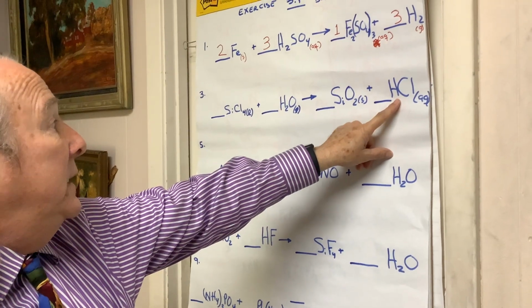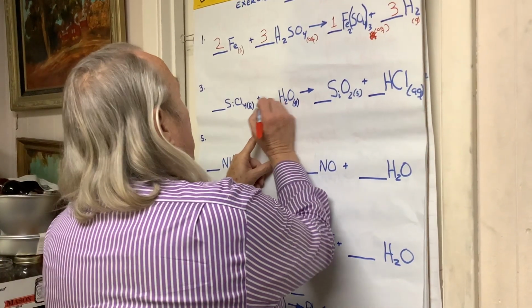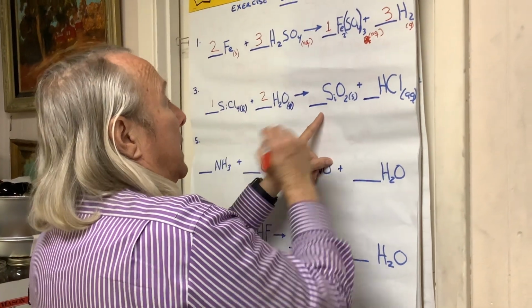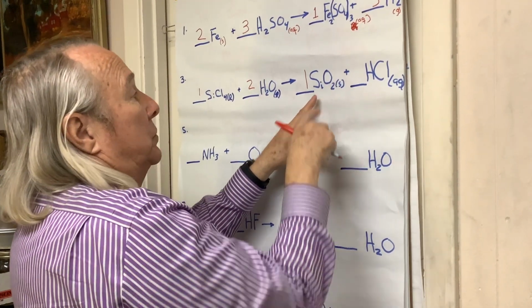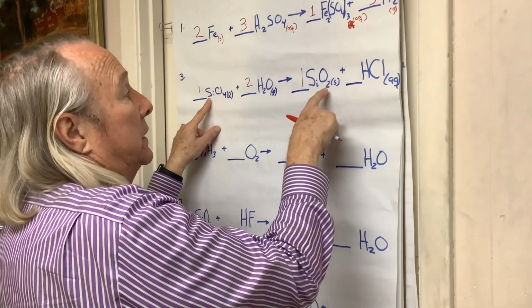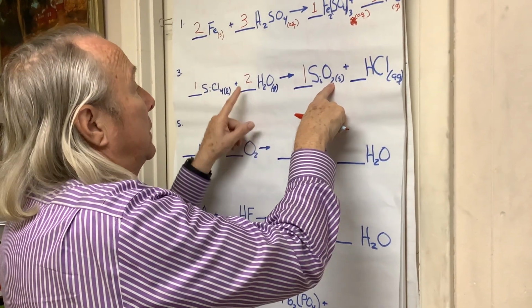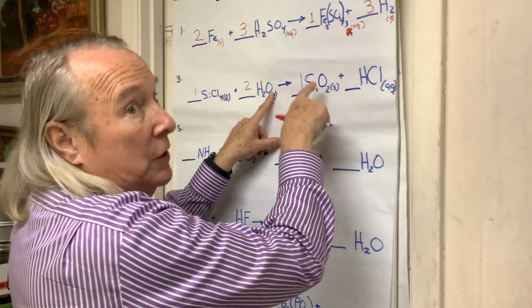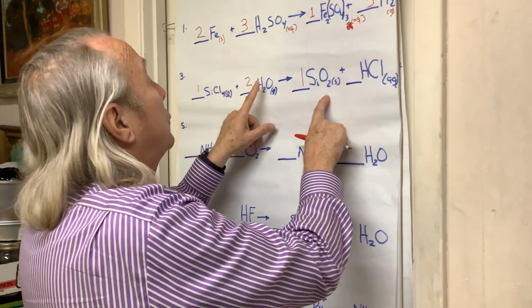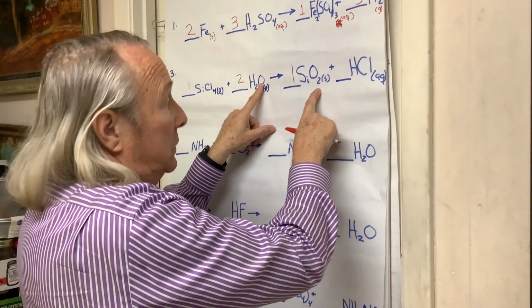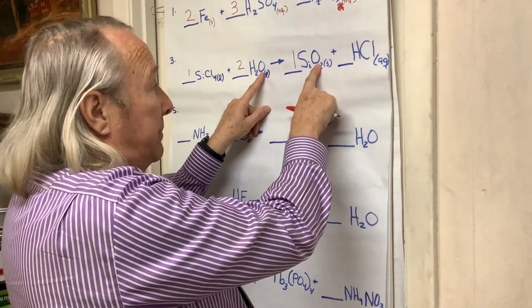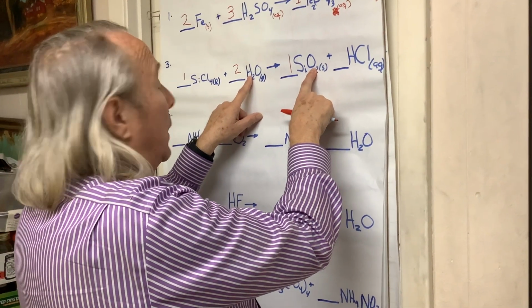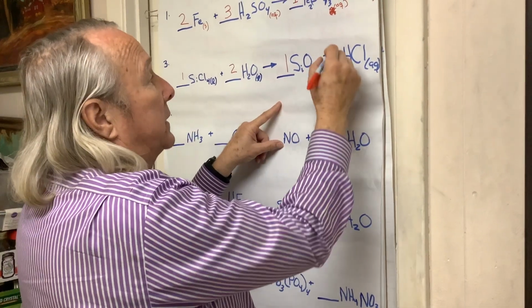But I had 4 of these, so I need 4 hydrogens, so that would work if I do 1 of these, 2 of these, right? That would give me 1 of these, 1 silicon here, 1 silicon here, 2 hydrogen here, and 2 times 1 oxygen. 2 oxygen here, 2 times a single oxygen here. So that balances. I have 4 hydrogen atoms unaccounted for, and 4 chlorines, but that would give me 4 of